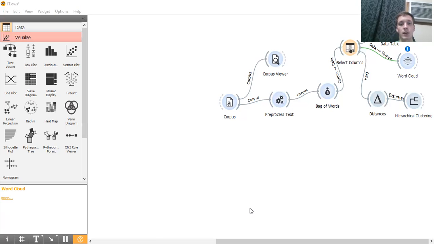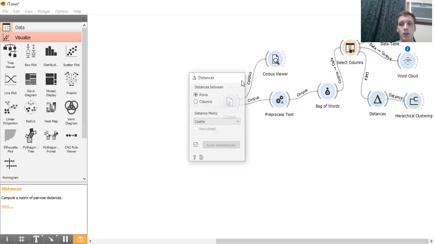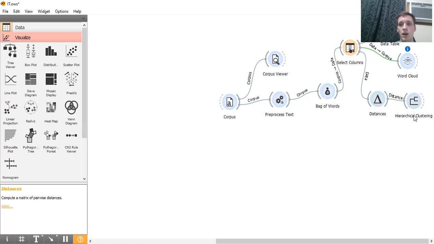So yeah, we can kind of see that. We got a lot of kind of ambiguous words in here besides like great. You know, "back," "never go back," or "will always go back." So it shows the most recurring words, provides some context, but there can be some discrepancies in there as well. And then we got our distances here, which finally led to our